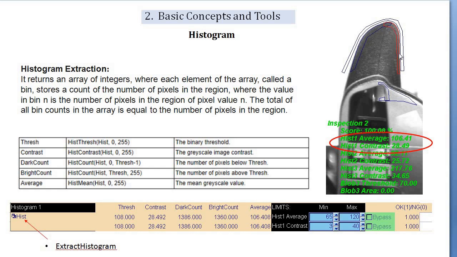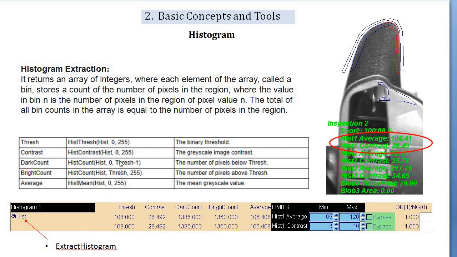This is histogram 1 area, and we use the extract histogram tool for this area. With this tool, the histogram information is analyzed and stored, and then we can cite the result by using